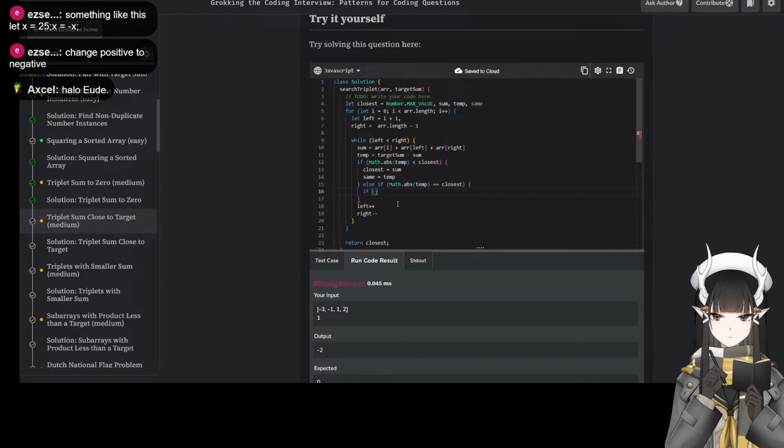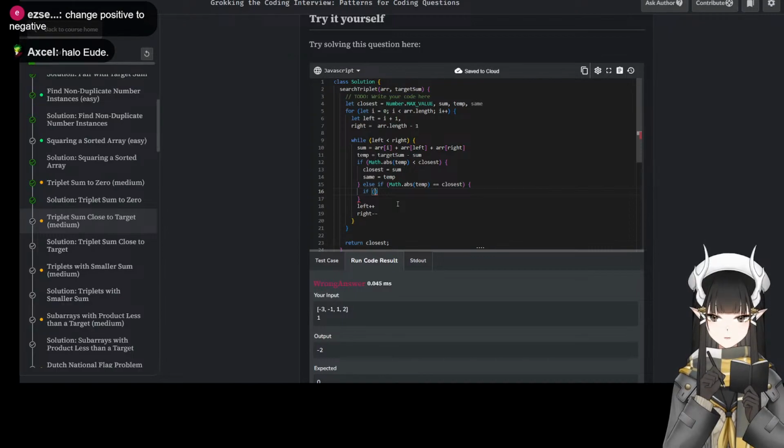If the difference is the same, then the sum is the same.